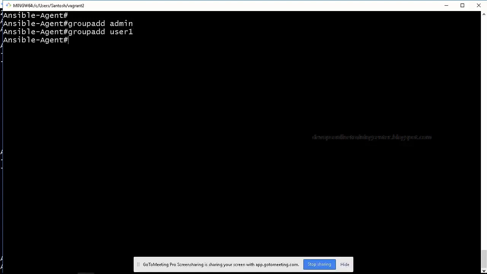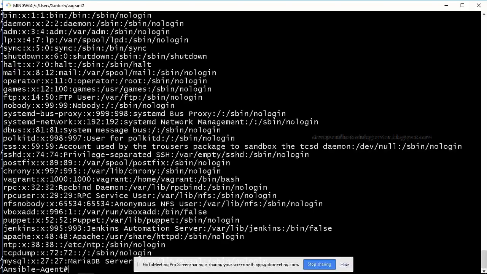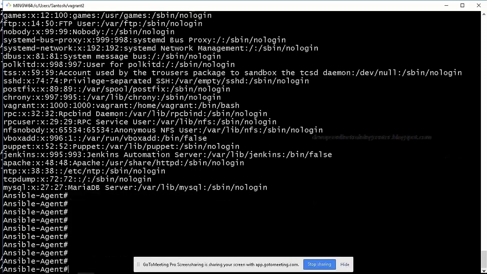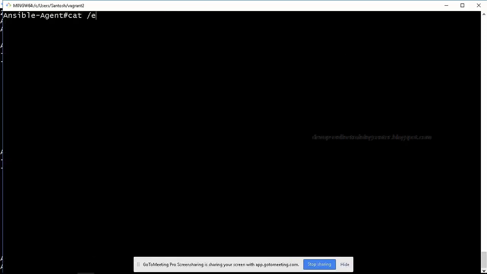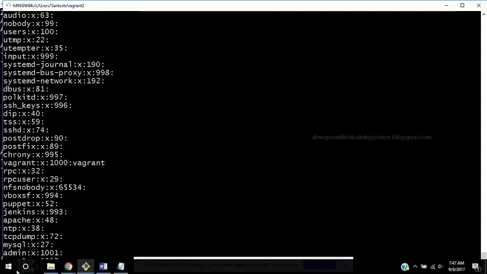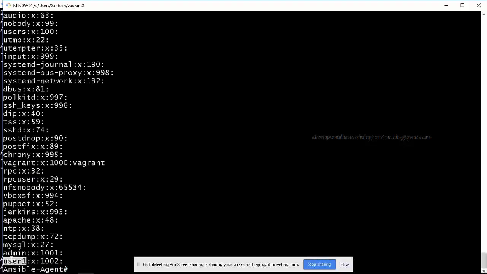You can create any name; I just created some sample groups. Sorry, not /etc/passwd, /etc/group. Here see, there are two groups created, admin and user one. The GIDs are 1001 and 1002.